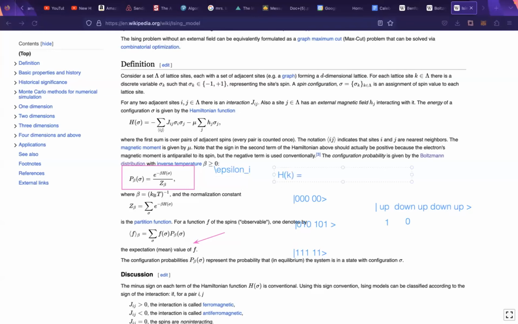I'm using k as just the label of the ket state. And so if you have a sum over all pairs of neighboring particles on this line, you have some constant,